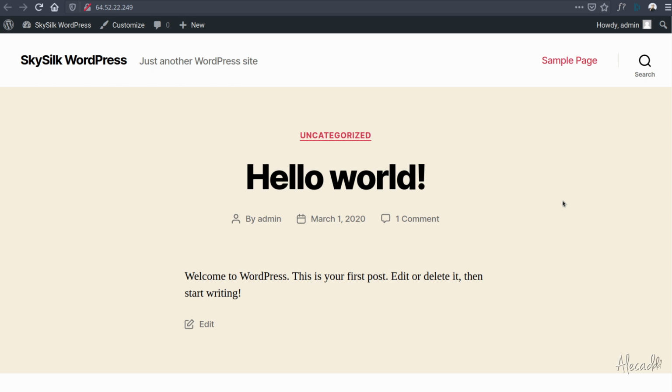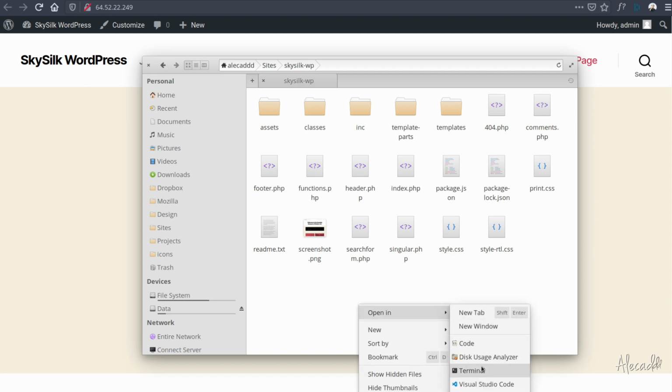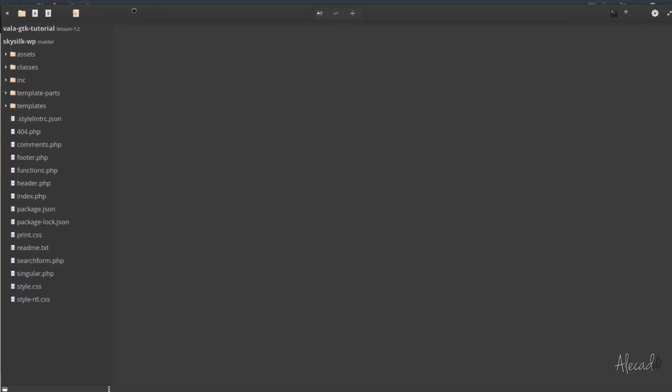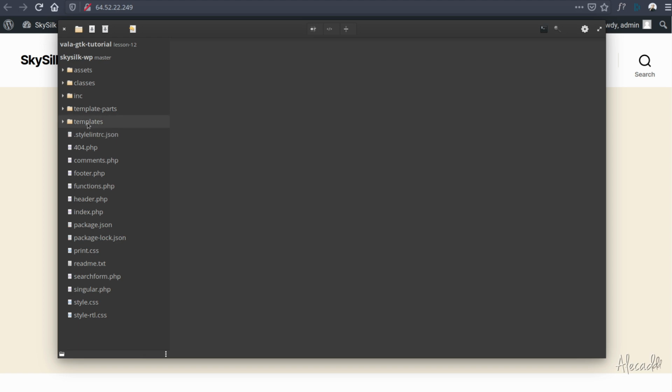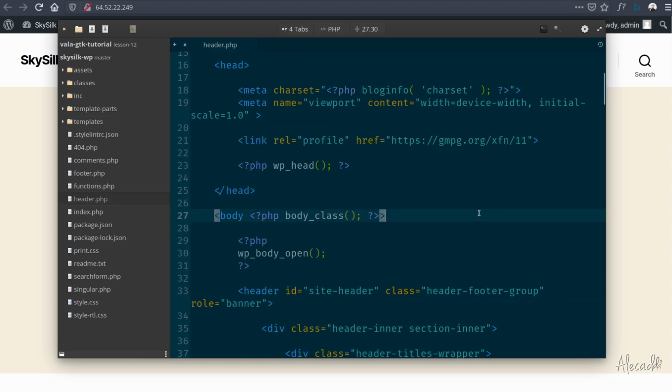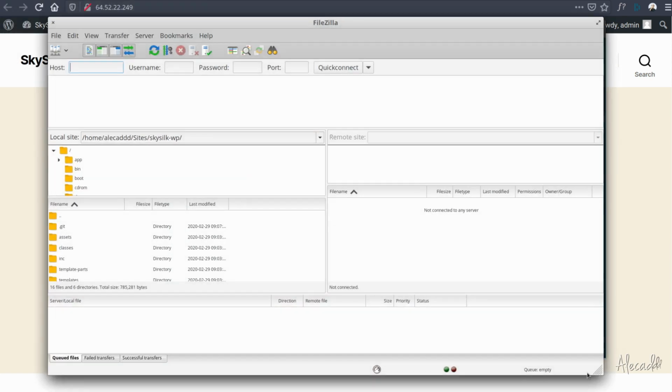The usual workflow that a regular developer might do is to open the folder with our theme locally, open the folder in the preferred code editor. I'm currently using Elementary Code because it's pretty easy, standard, and handy. Then opening the header, changing something in the header, saving the file, then opening again the FTP client, in my case FileZilla, connecting again to the server, and then manually dragging and dropping the updated file to manually upload what we have there. This is fine, it's sort of a common process, but it's not really convenient because first,